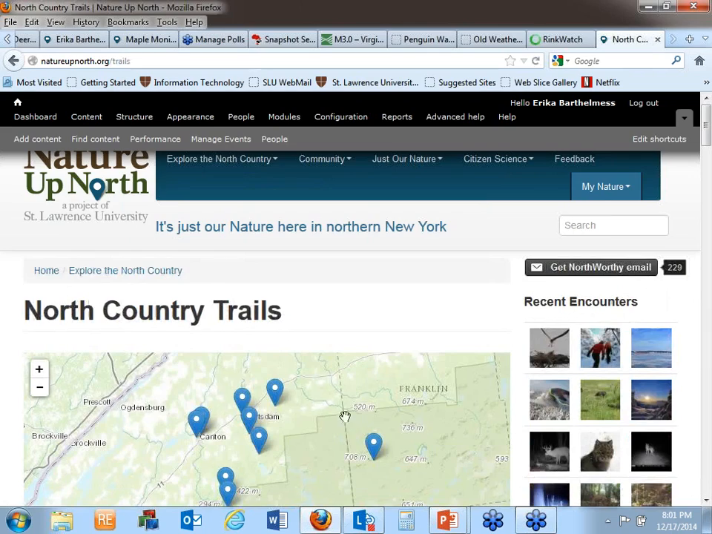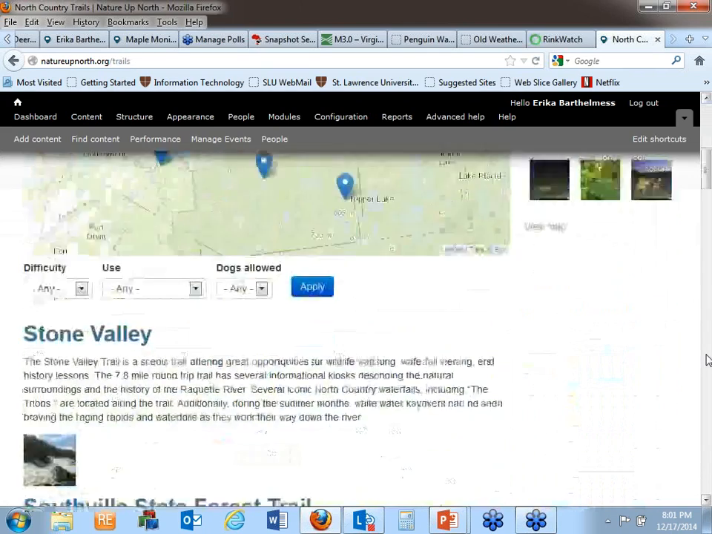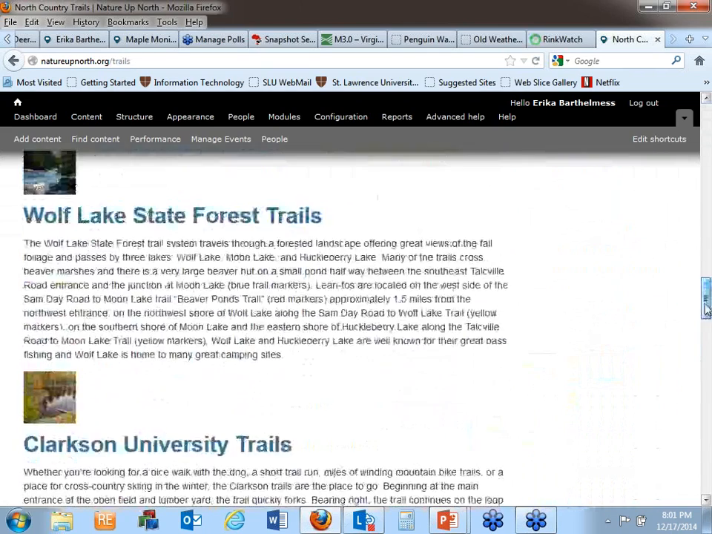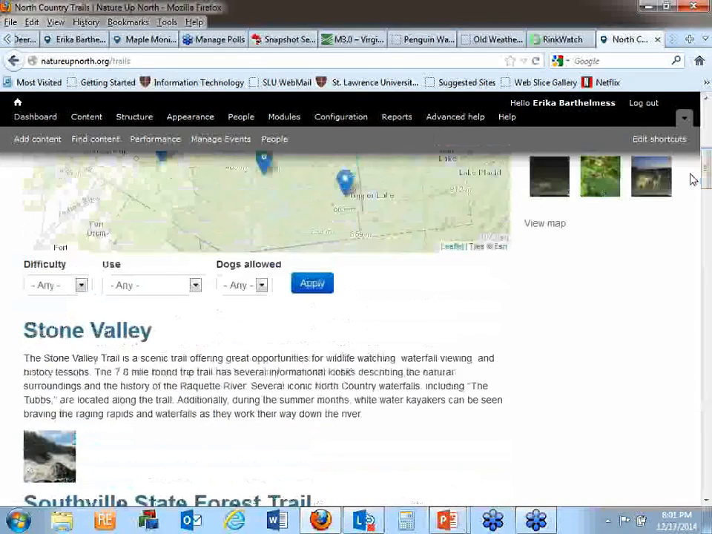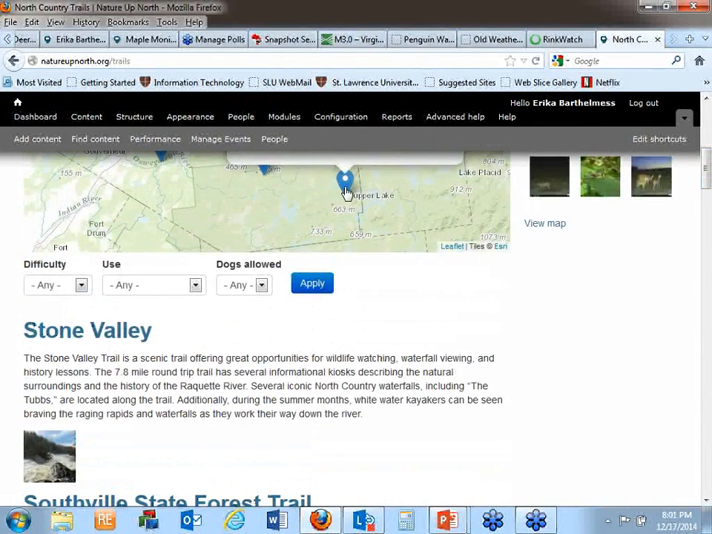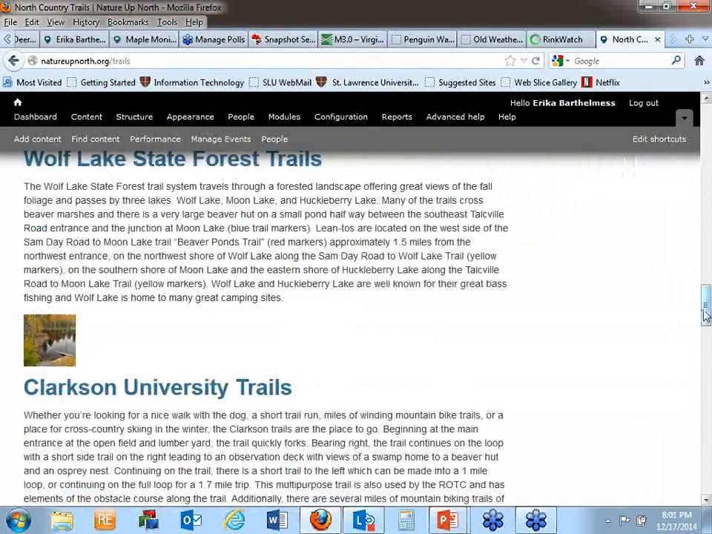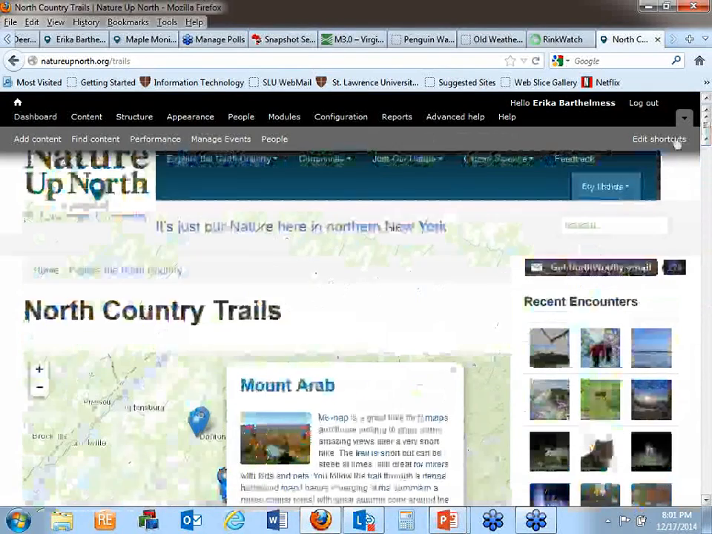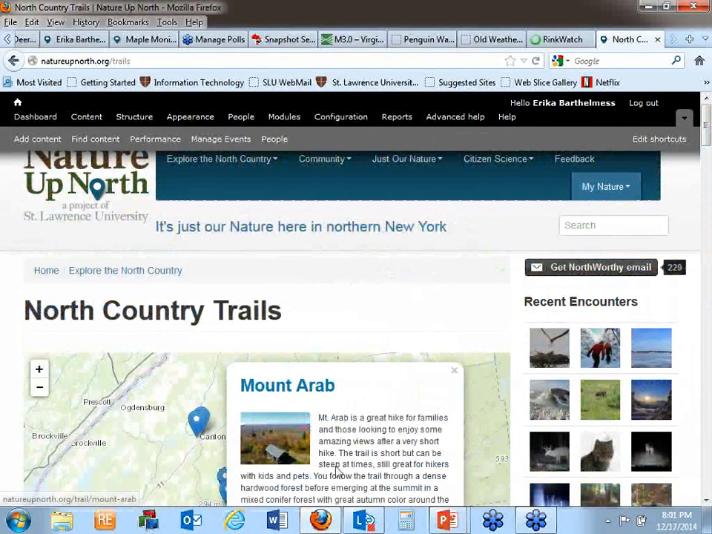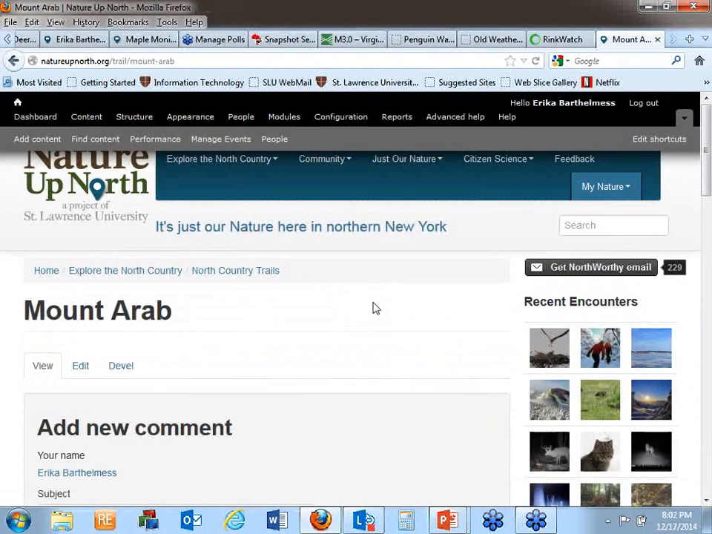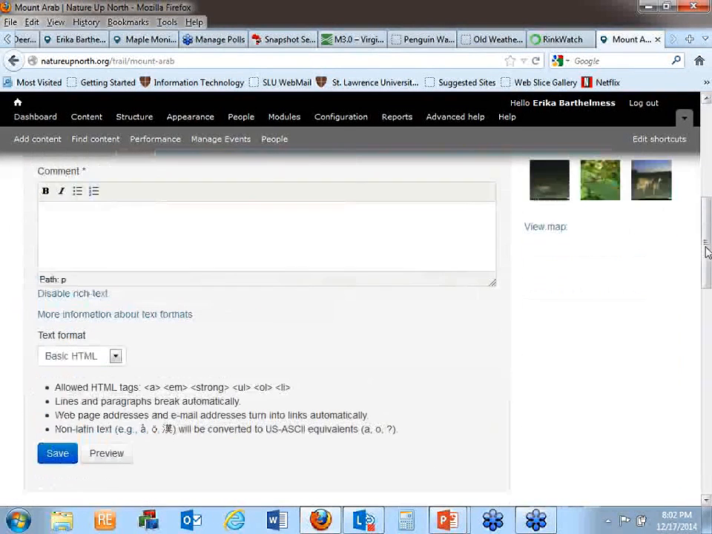So in this case, what we see are, oopsie, I guess I'm a little exuberant with the mouse there. But you can see if I click on a pin, it will tell me, except I'm having trouble with my mouse. Let's try that again. Here's the hike to Mount Arab. You get a little description. If you click on that, it will take you basically down the page to the Mount Arab information,